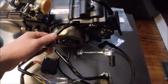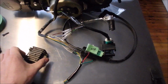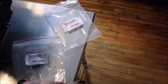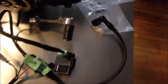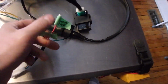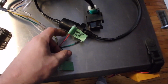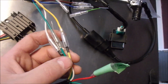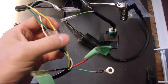We've got the factory wire harness coming here, and then this rectifier and harness are from T-Bolt USA. Here's the part number for the rectifier and the harness. Just makes things easier. Off of that harness, the black one I'm not using because it's a 4-wire. The red one goes to a fuse in the battery, ground obviously. And then over here it's basically just color match, white to white, green to green, yellow to yellow with the